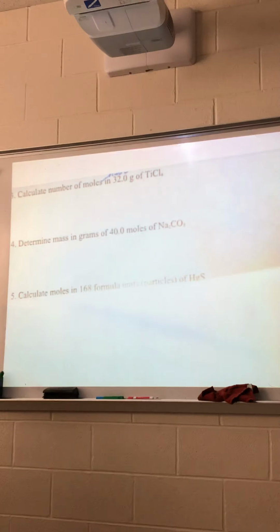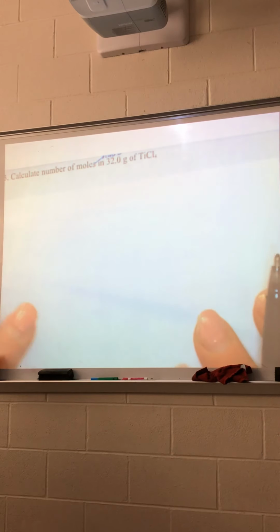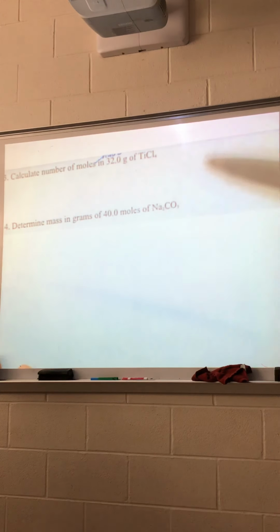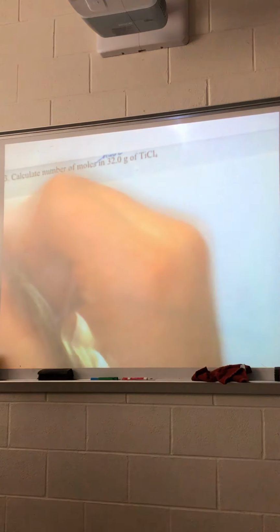Okay, students, here's the review for the quiz and a continuation of our studies of moles and molar conversions. It says here in number 3, calculate the number of moles in 32.0 grams of, looks like it's titanium chloride. Right? So the first thing you need to do, there's not much space here, so you don't have the space to do 1, 2, 3, 4 steps, right? So I'm only focusing on the meat of the equation, which in this case is to do your ladder,